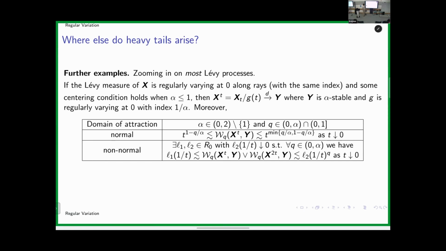But again, if you have non-normal convergence, a domain of non-normal attraction, then you will have a slowly varying function that lower bounds your distance, and an upper bound that is also slowly varying. If you're careful enough with these things, you can make them equal. And again, this has to do with this a_n that I defined before. So very often you can never beat it.